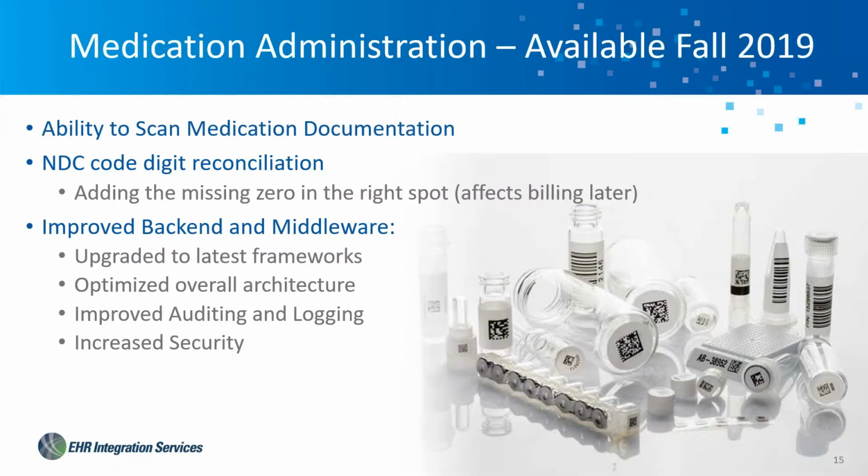Coming up next is going to be MedAdmin. That's going to be available here in the fall of 2019, literally in the next couple of months. We're in the middle of developing and testing that application right now. So it's going to have a lot of the same functionality as you just saw from an immunization perspective, and that ability to scan in all the appropriate documentation, do the NDC code reconciliation as Rochelle did such a great job